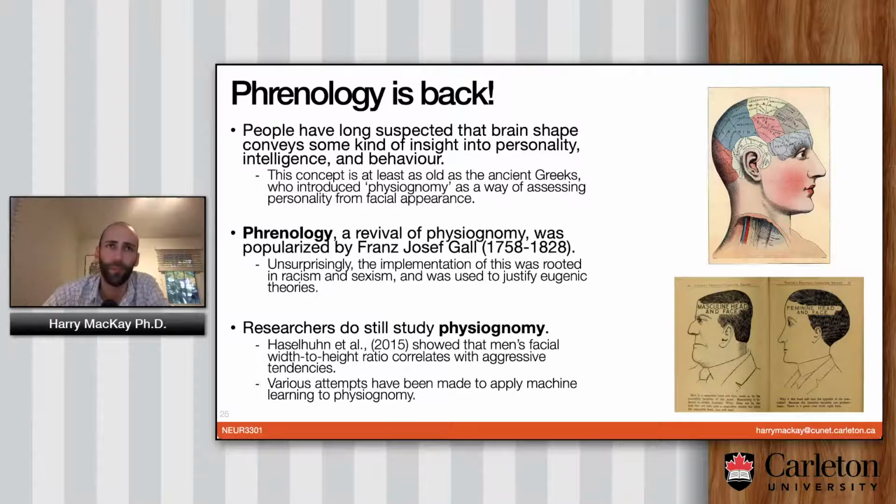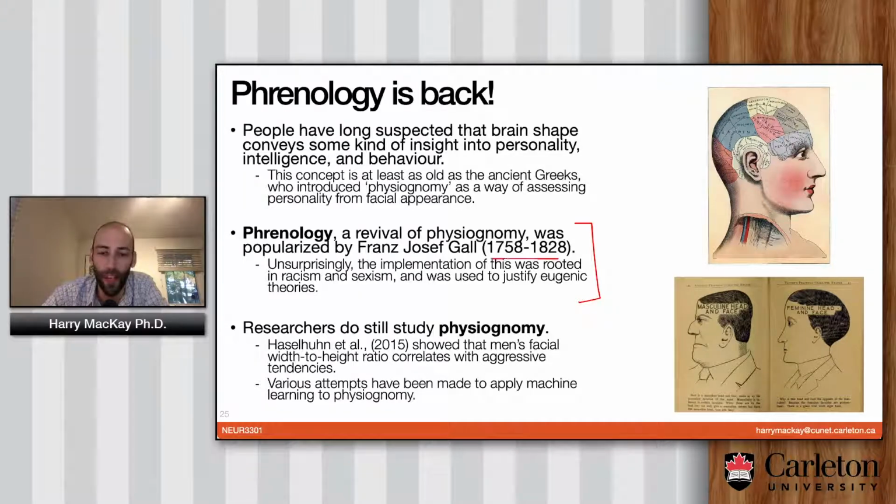The ancient Greeks had a concept called physiognomy, a way of assessing personality from facial appearance. Various cultures have had versions of this as well. There was a Chinese tradition called face reading that had a similar kind of idea, and countless others. Phrenology itself was a revival of physiognomy popularized by Franz Joseph Gall, who,